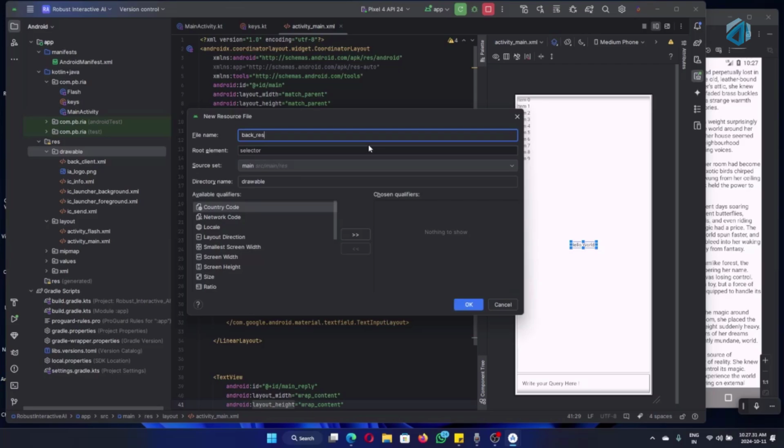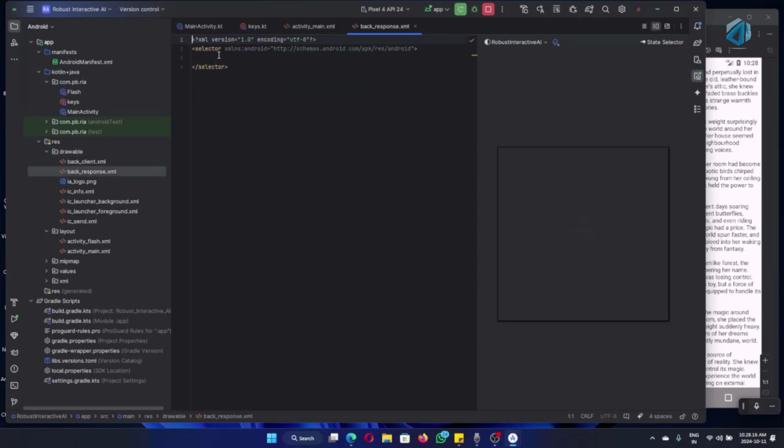So here we just click on add a new back resource file. We add this resource file as back response, and click on OK, and in the selector we again change it to shape, and give it a